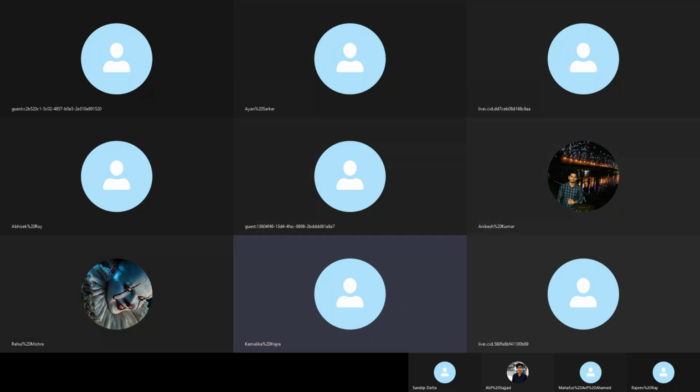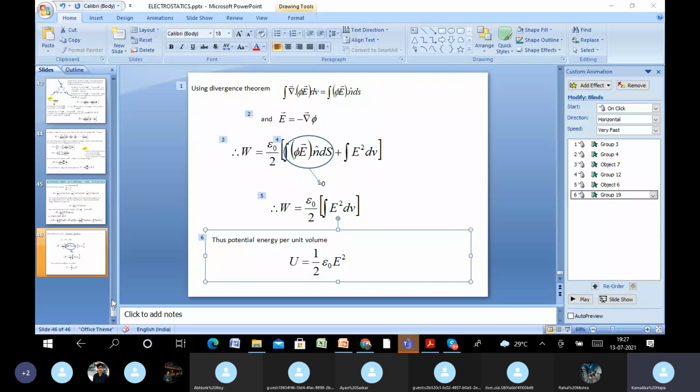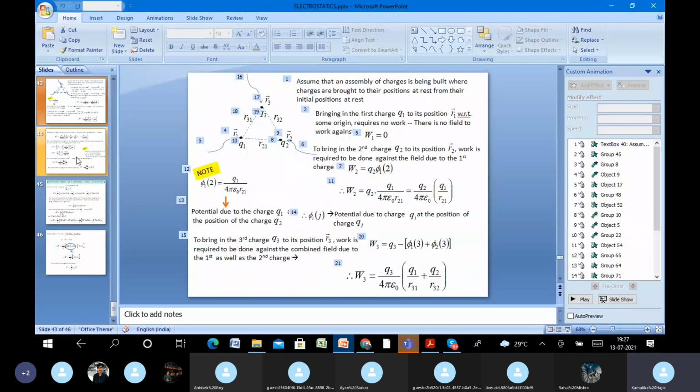potential. We'll do that today, and then finally we will calculate electrostatic potential energy, which is also